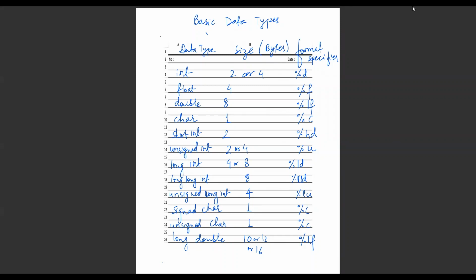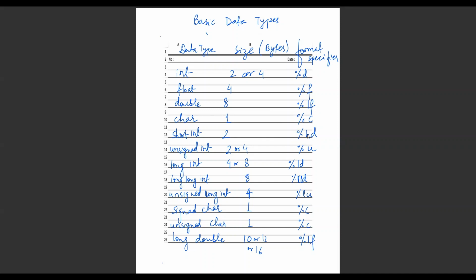Double can store 8 bytes. Character can store 1 byte. And the format specifier is also mentioned here in the third column. For integer we have %d. Sometimes you will see %i also, but most of the time you will see %d. For float we have %f, for double %lf, for character we have %c,